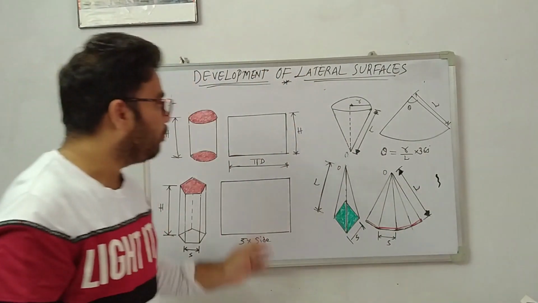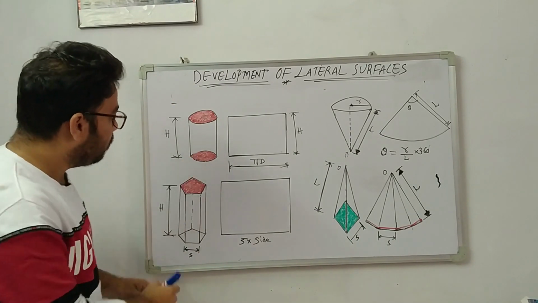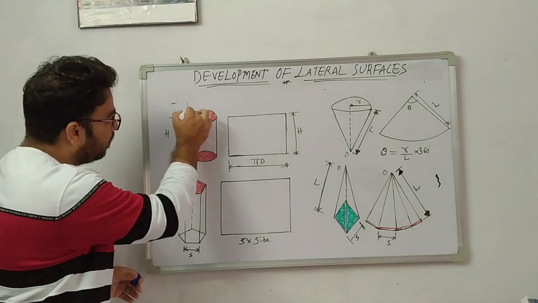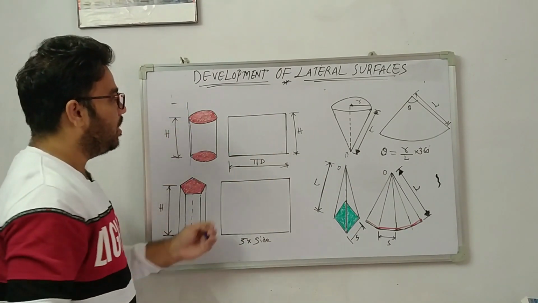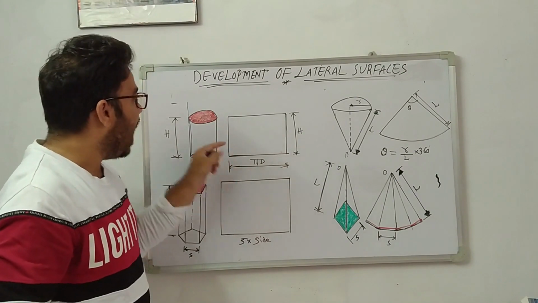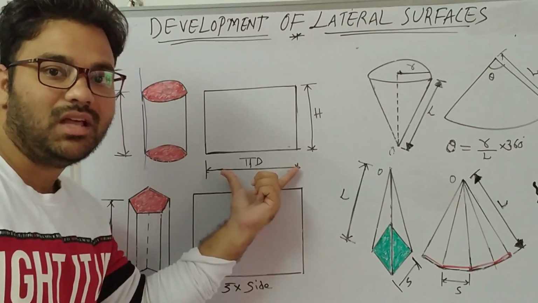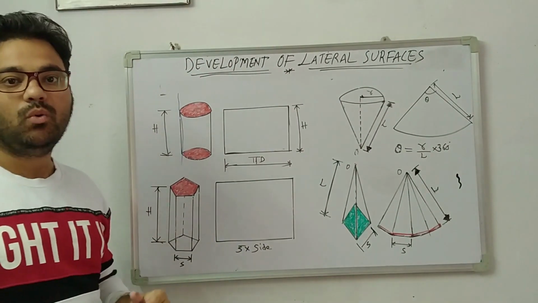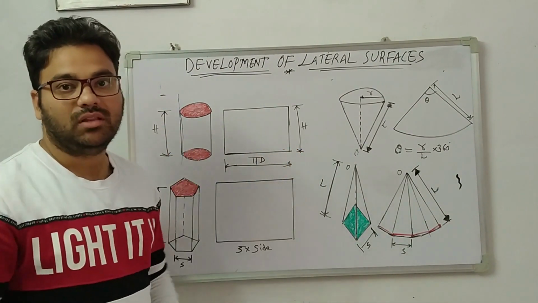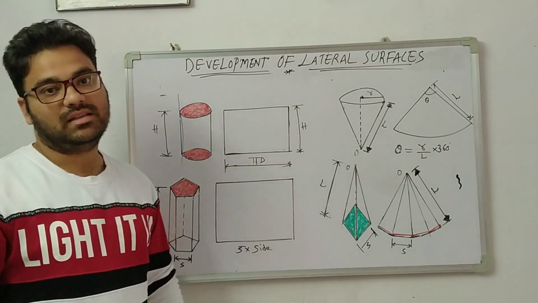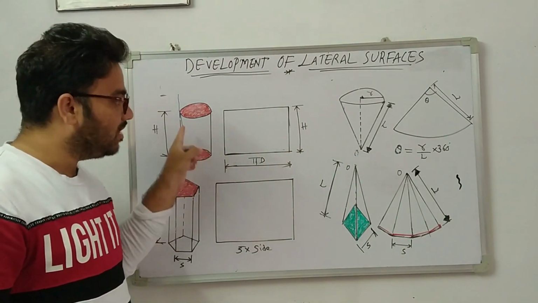So here we have a few examples. Let us take the first one, a cylinder. So for the cylinder, I started to cut here, one of the generators at the extreme point. Now I open it, then I will get a rectangle shape which has a height of h. And what is the length of the rectangle sheet? The length of the rectangle sheet is pi into d. Why is it pi into d? If you cut the circle and open it, you will get a line. The length of the line is the circumference of the circle. So circumference of the circle is nothing but pi into d. So this is the development for the cylinder.